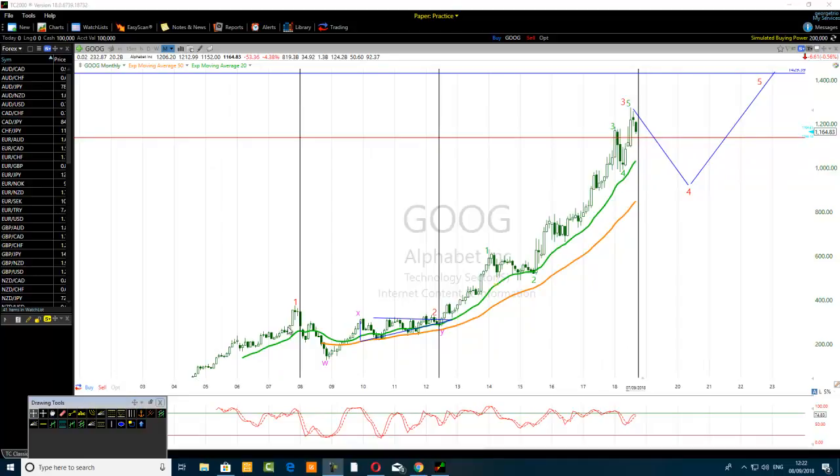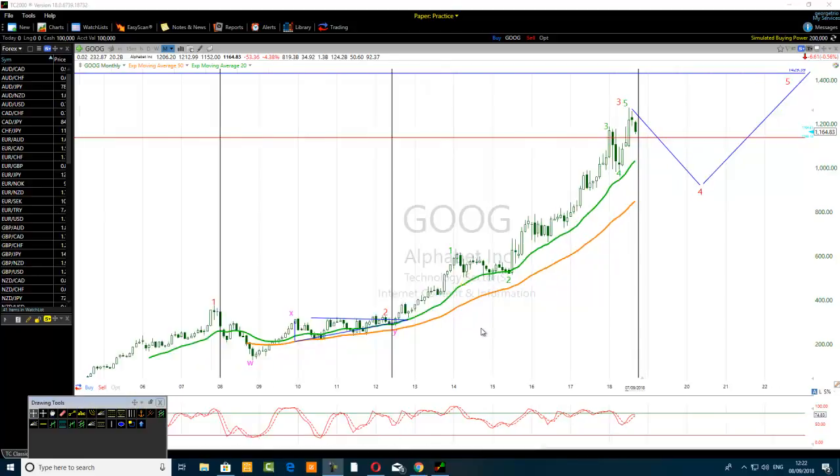So this is the first wave of a higher degree. Now we have a second wave of a higher degree in the shape of W, X, Y. This is W in the form of 1, 2, 3, X. And then the Y mono wave of that WXY wave is a triangle here, if you agree. So between the two black vertical lines, we have a W, X, Y, forming the second wave of a